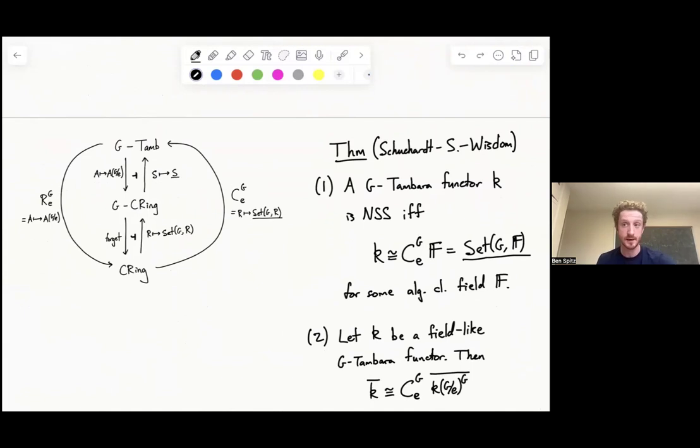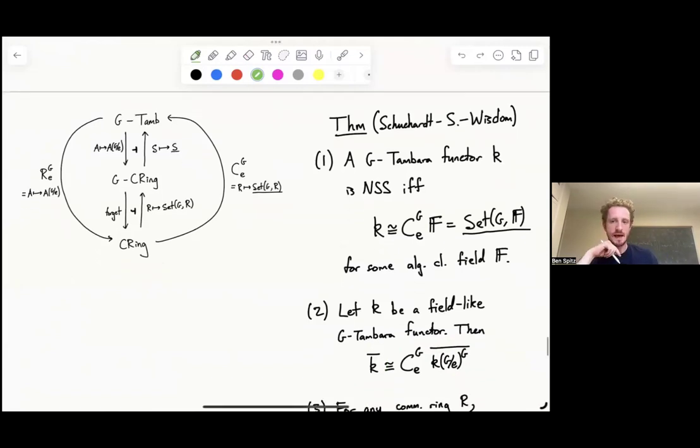Then I could talk about its algebraic closure. It turns out the fixed points at the bottom level will be a field in the usual sense. And then the algebraic closure of that field is an algebraically closed field. And I can take the co-induction of that algebraically closed field to get an algebraically closed guy, and K maps to this guy, and this is the algebraic closure of K.